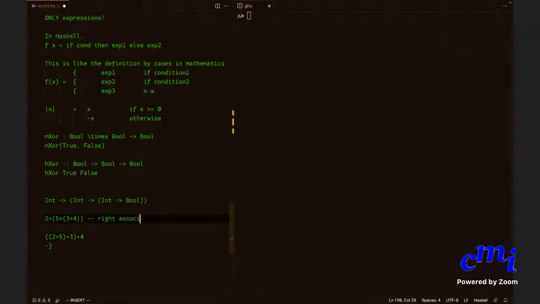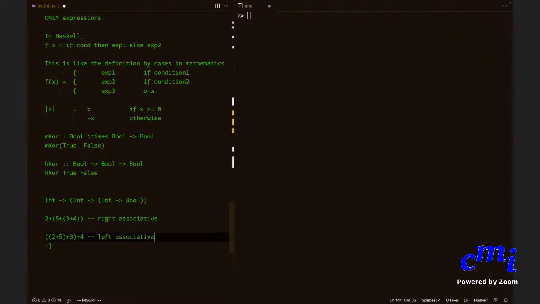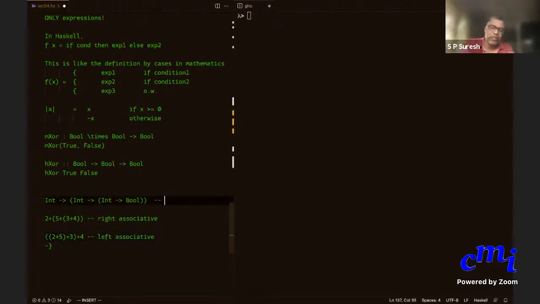Yes, so I wanted to ask, when you're doing the actual function, so int arrow bool, first it will go from 5 and it will give you a function that has an addition of plus 5 to it. Yes. If you input another 7, right, you do the 5 plus 7 computation first.